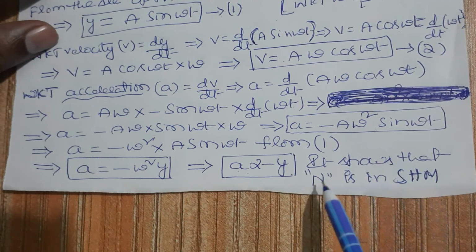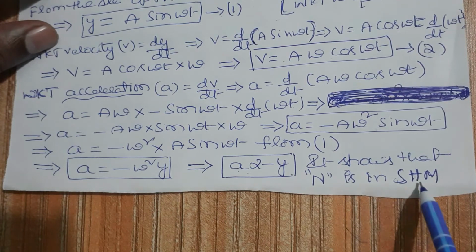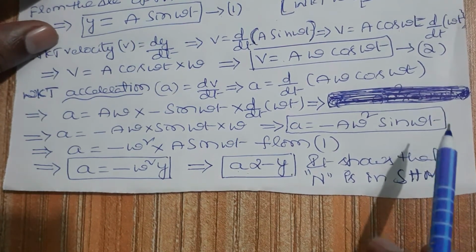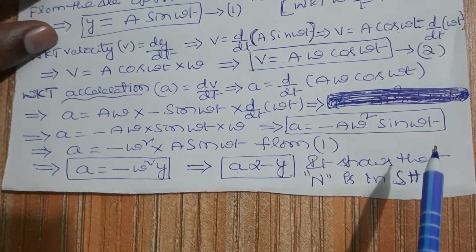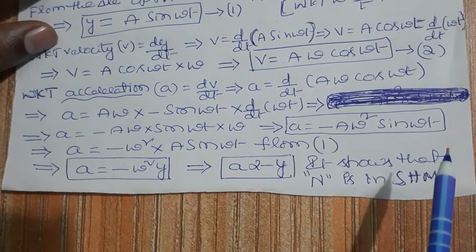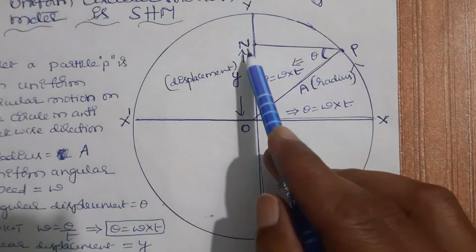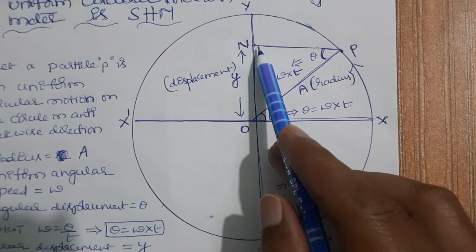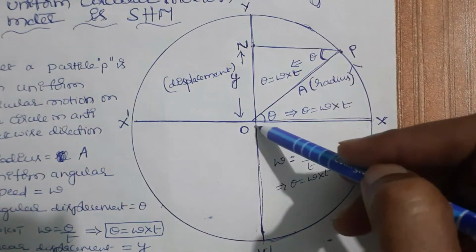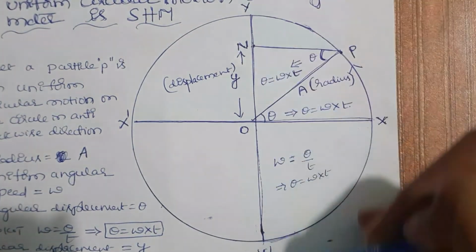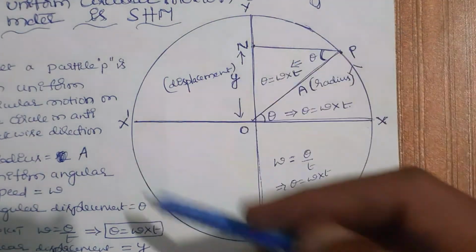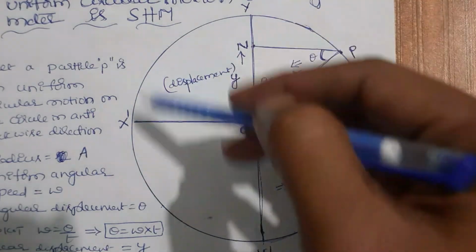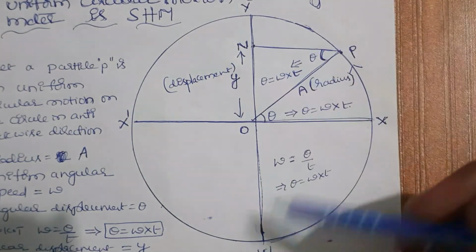So this shows that the point of projection is in simple harmonic motion. That is why, when a particle or body is in uniform circular motion, the point of projection of the body or particle makes a simple harmonic motion. Here the particle is not the one, students, it is the point of projection that is making simple harmonic motion. So it is oscillating about the fixed point O, one time up, another time down, as P is revolving. For every one rotation, the point of projection completes one oscillation.